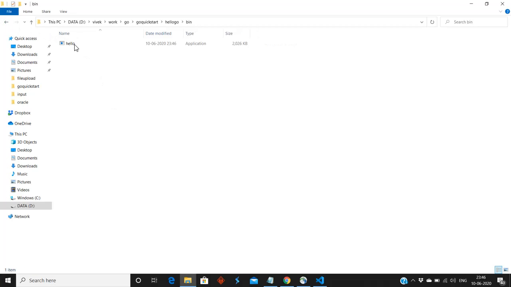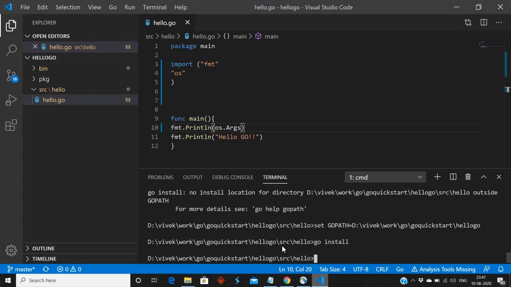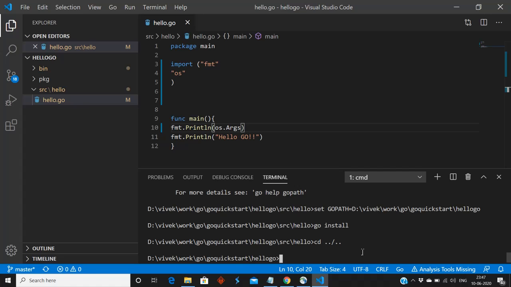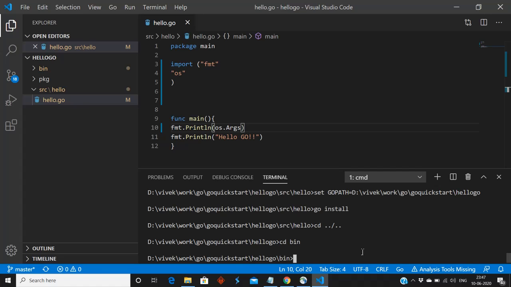But if we go in the bin folder, there is an exe file. So go install has created the exe in the bin folder. If we want to run the code, we need to go to cd bin, hello. Now the code is running perfectly fine.